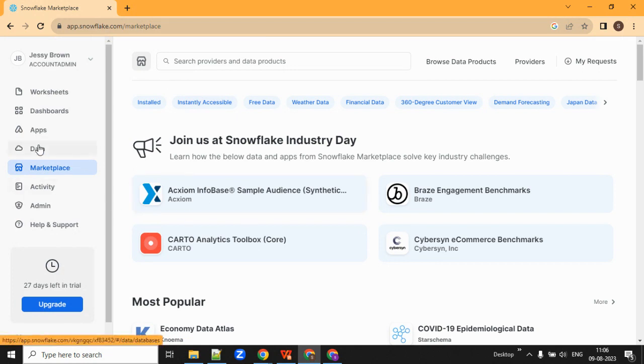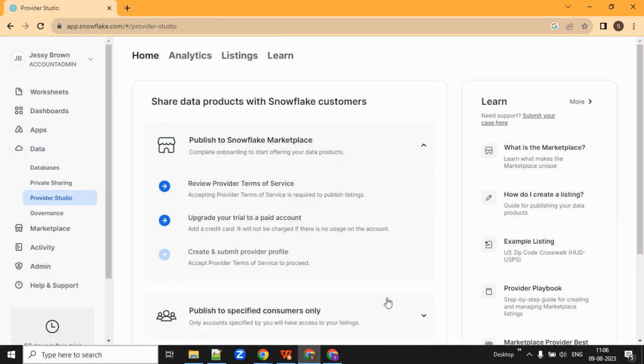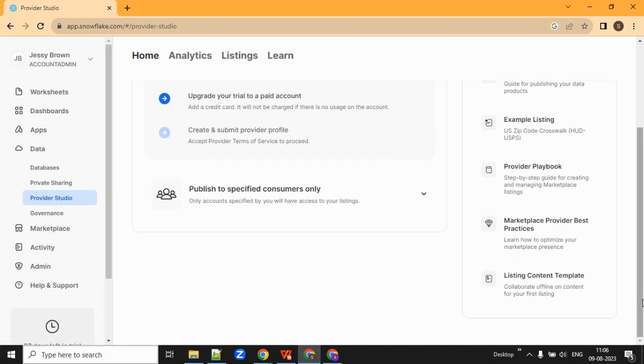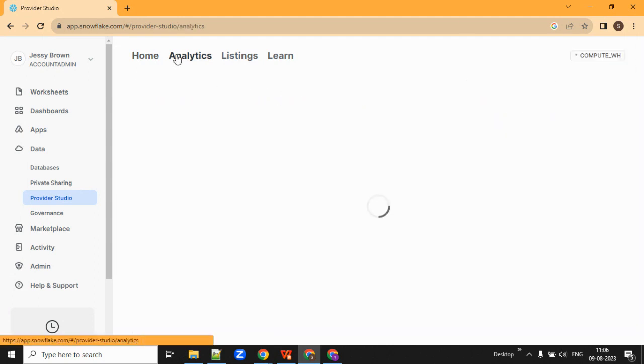So here, if you look at provider studio, provider studio means if you are a data provider, providing data to Snowflake so that Snowflake customers can use it. As a provider, I can come here and check who is using my data. You can publish it to specific customers only as a provider. And you can see analytics, how many